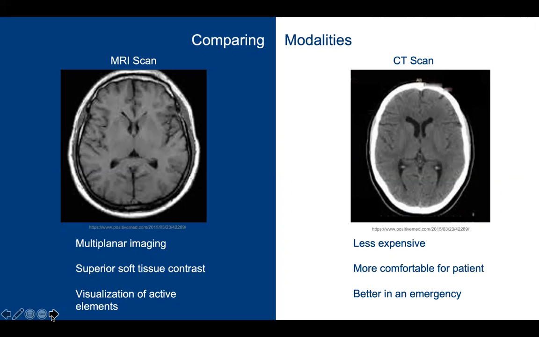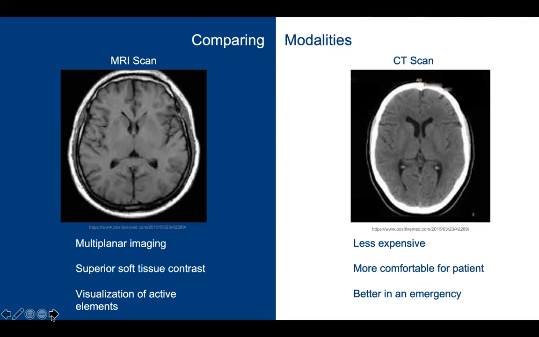On the other hand, there are many disadvantages of MRI scans. MRI scans are very expensive, whereas CT scans are less expensive. MRI scans are very constricting for the patient. They are very noisy, time-consuming, which compromises the comfort for the patient, whereas CT scans are a lot better in that aspect. And there's another issue, which is time. MRI scans take a lot more time to scan than CT scans, so CT scans would be better in an